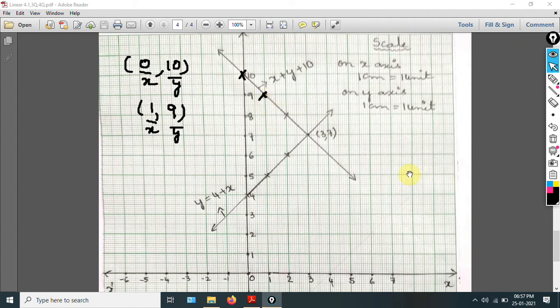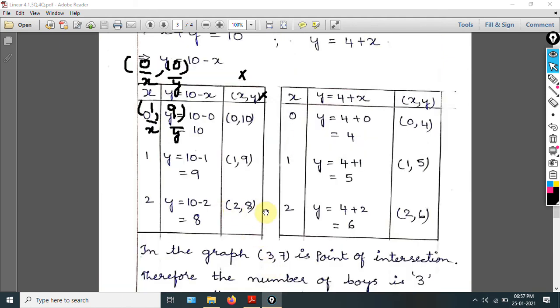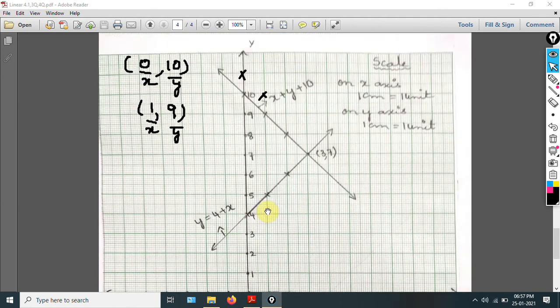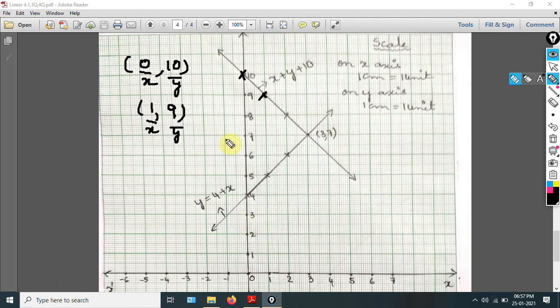Okay, next, what is the next value? 2 comma 8. I will take the pencil and write here 2 comma 8. This is x and this is y. So on the x-axis, where is 2? Here. From this position only we have to see where we are getting the y value. How much is y? 8. So where are we getting 8? From this position, yes, here. So we put a cross mark here also. Next we have to take the scale and join all these points like this.